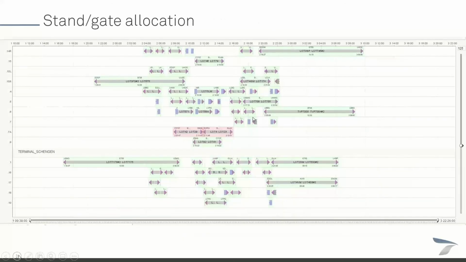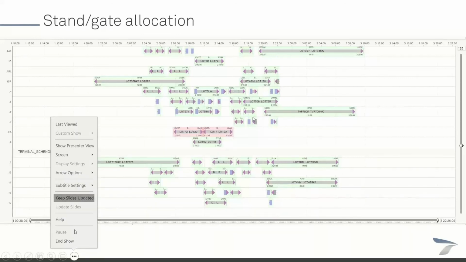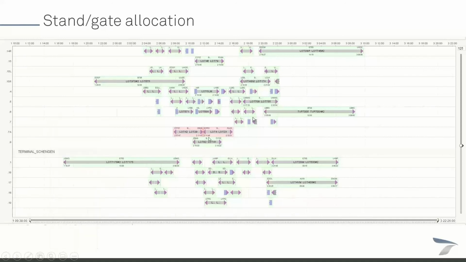Okay, so AirTOP can also be used, this module can also be used for stand and gate allocation purposes. Here I'm showing you the typical Gantt chart for stand allocation. On the left side, we have our gates and our gate numbers, and we also have some color coding here. We have in green